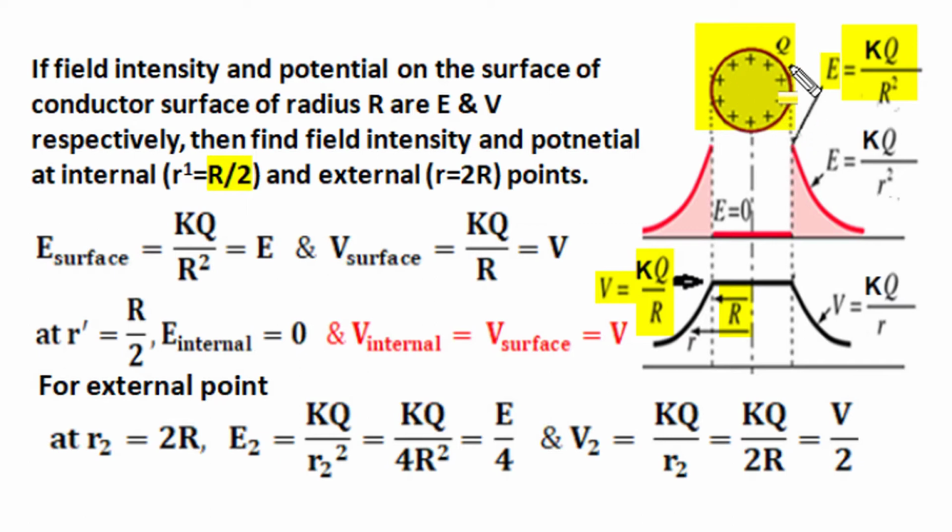We know a charged sphere, for all external observation, behaves like a point charge concentrated and acting from the central position. At a distance r from its center, the electric field of that Q charge follows an inverse square relationship and is kQ/r². As we move closer to this spherical surface, the electric field intensity increases and becomes maximum over the surface, where small r becomes equal to capital R. This electric field on the surface is kQ/R² and it is given as capital E.